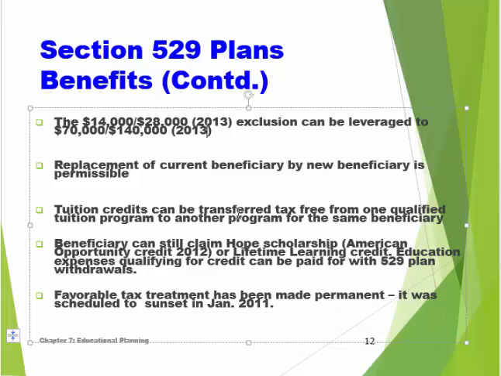Again, tuition credits can be deferred tax-free from one qualified program to another, so we can switch between programs. And again, as long as you don't use it for the same expense, you can still take the Hope Scholarship and or the lifetime learning credits that you can get from taxation, even though you have these 529 plans.